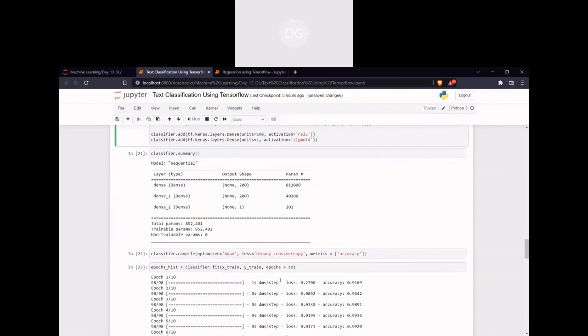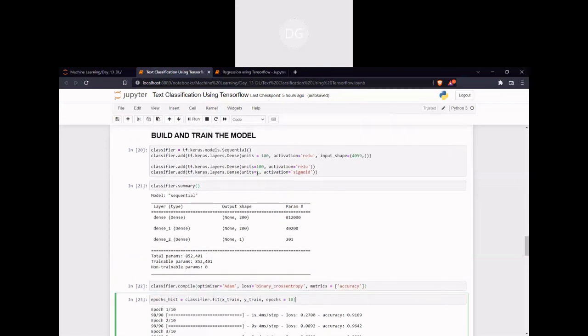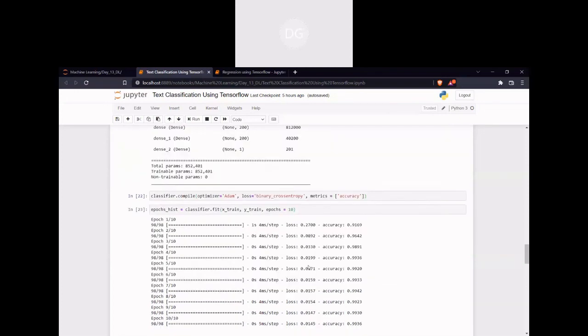Not all the time do we need epoch counts to be 50 or 100 or anything. If you are taking any new data set and trying, always start with smaller values. Then based on the error or loss value, you can increase the epoch count. As I told, maintain two hidden layers, two or three is the maximum you can use, and by increasing the units, try whether you can achieve more accuracy or not.